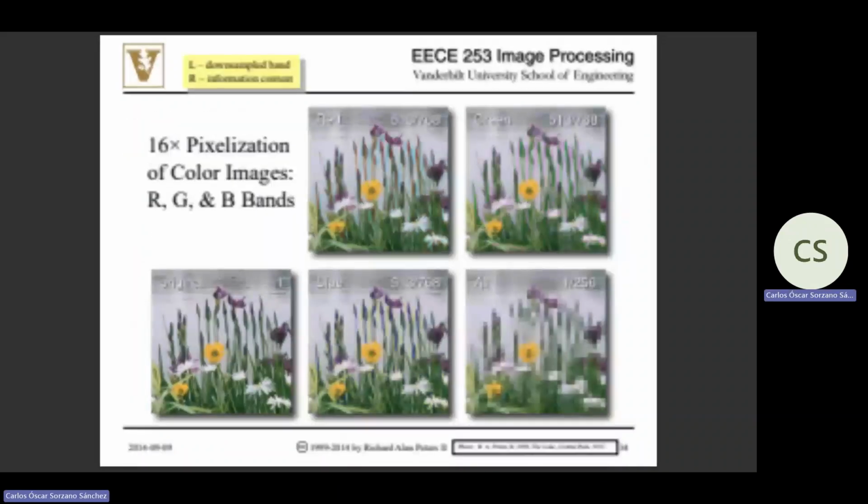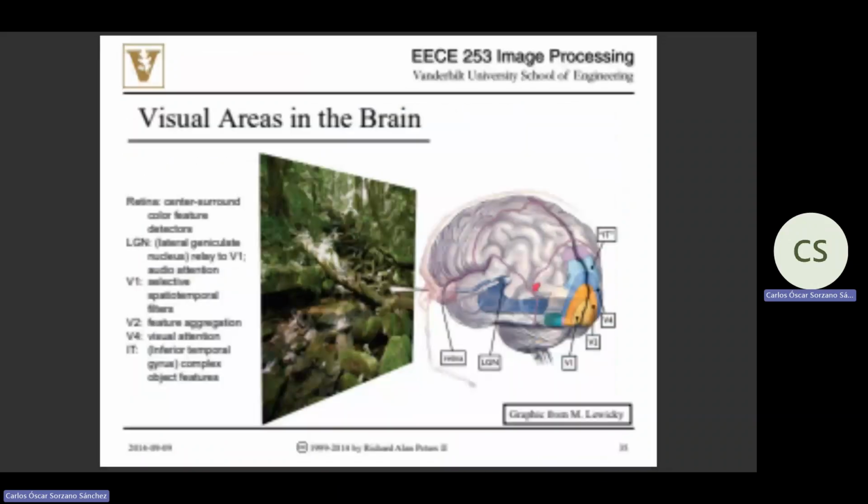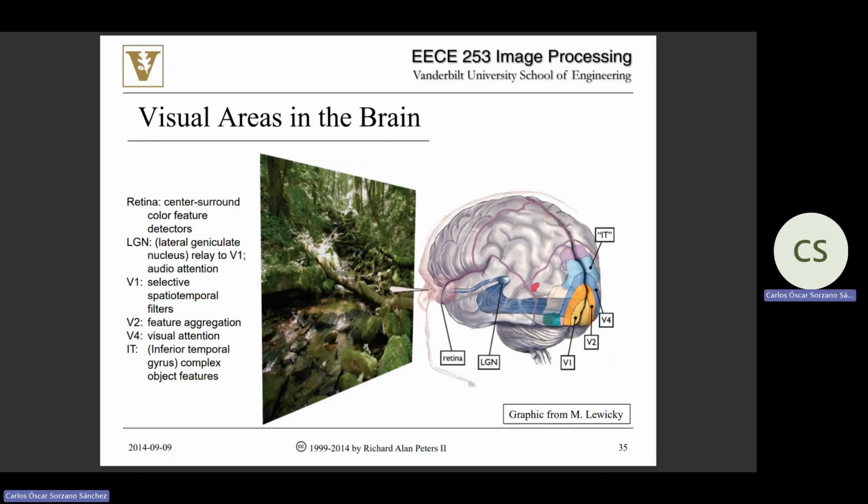Okay, so here we are. So how is this information sent to the brain? We collect the information from the eye, and then it is sent to the back of the brain. I don't know if there is any good hypothesis why the visual information is in the back of the brain and not close to the eye. There must be something, but